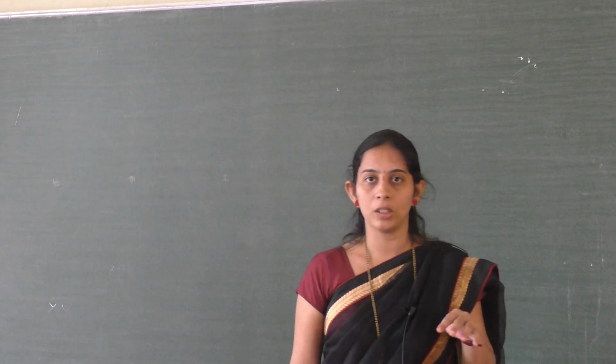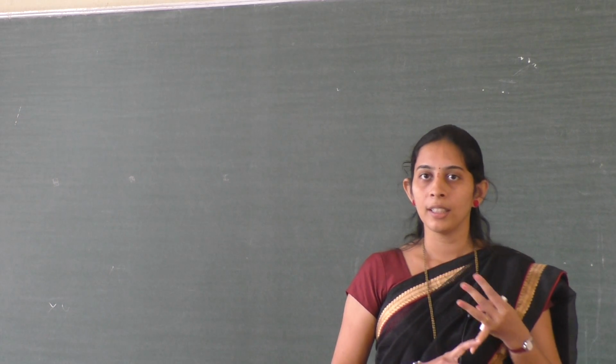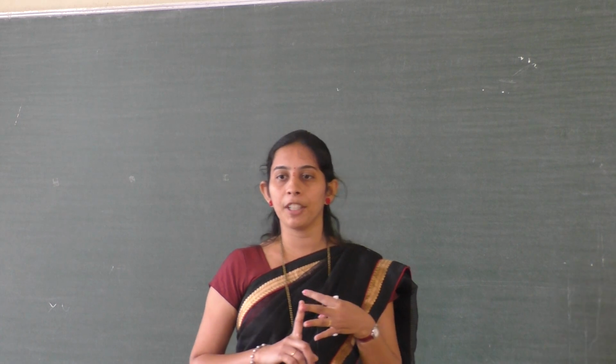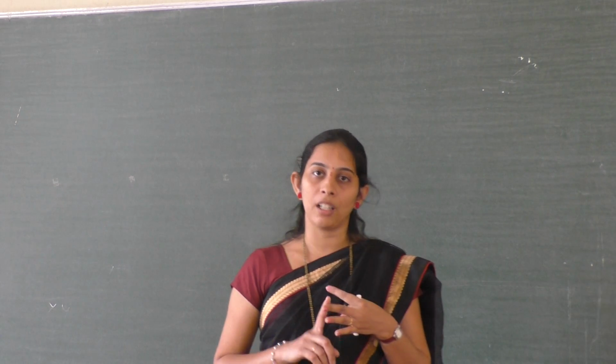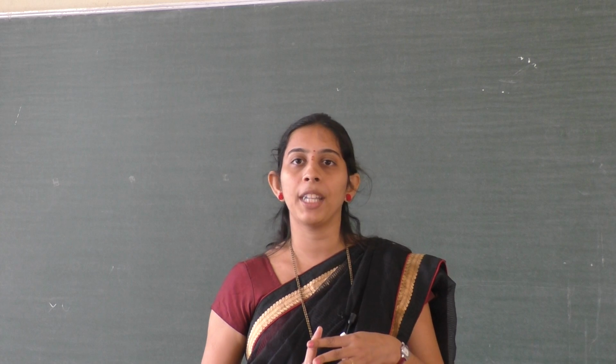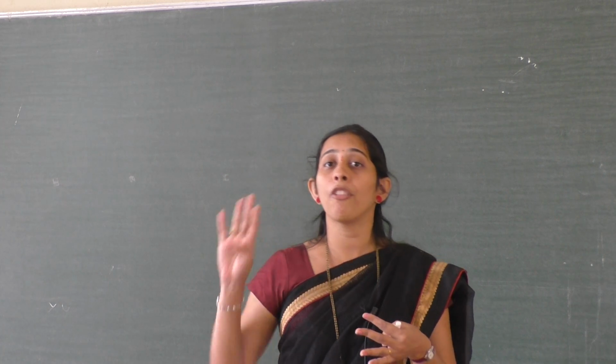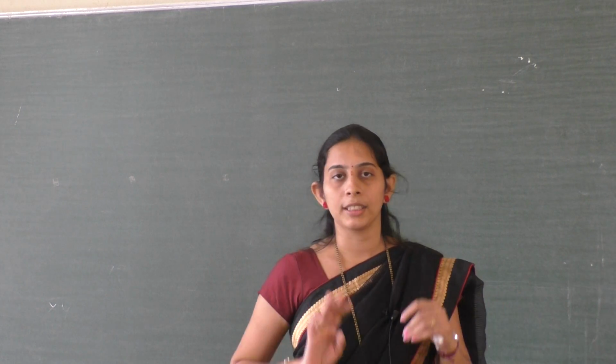In the last class we discussed the methods of preparation of phenol. There are four methods to prepare phenols. One is from haloarene, the second is from cumene, the third is from benzene sulfonic acid, and the last one is from diazonium salt. So these are the four methods to synthesize a phenol. I hope you remember all those things. That's very important, as I told in the last class.